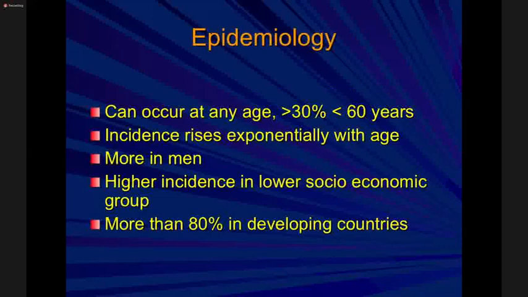Right. So the epidemiology, now it's important that you have some knowledge. Stroke could occur at any age. Generally, the prevalence tends to rise with aging, but one has to keep in mind, even here in Sri Lanka, 30% of strokes happen in people less than 60 years of age, at an age when they are still in a productive age. There are many reasons why they develop it, and